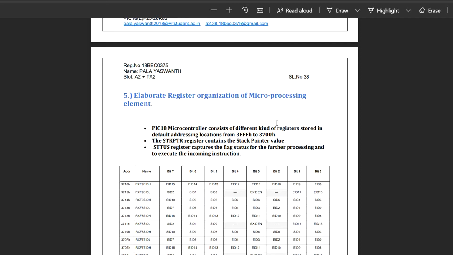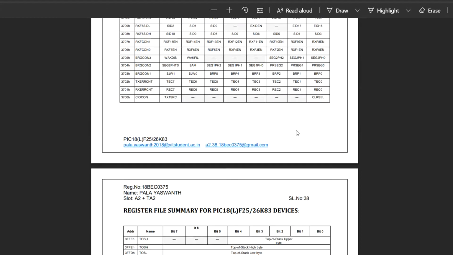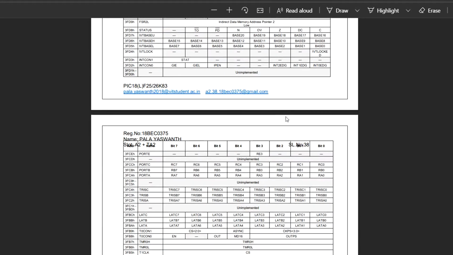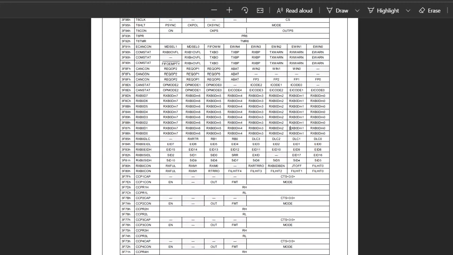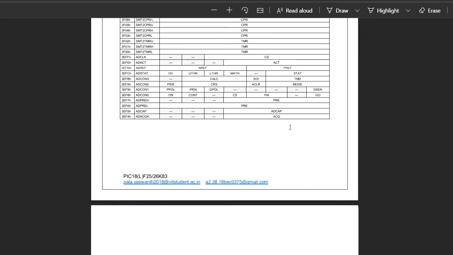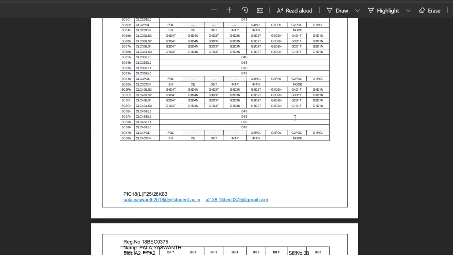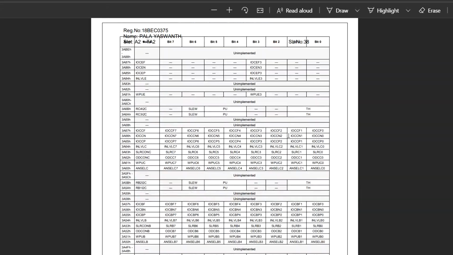So these go up to the registers where it stores the function values, and it also has stack pointer registers and other special function registers. So this is the list of the registers in the microprocessor, which are used for performing different processing inside the microcontroller. This is the total list and the total possible modes of a register.